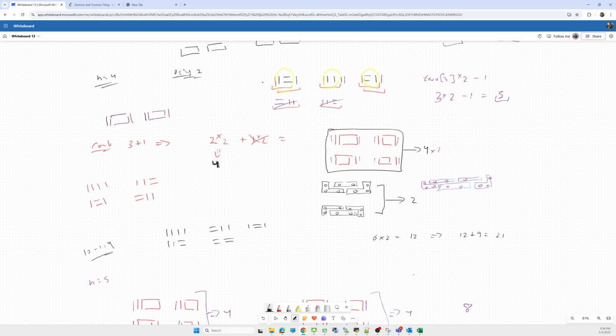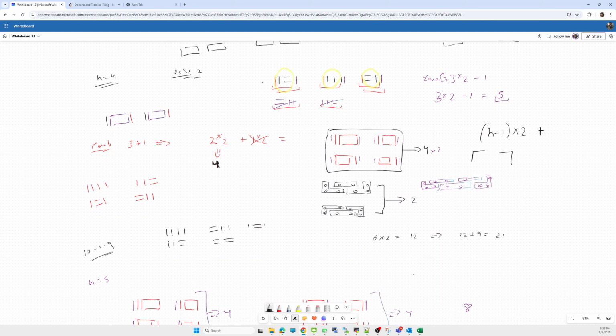So the combinations for n minus 1, times 2, and to that we have to add the number of combinations formed using the three domino tiles, using 3 domino tiles, either this one or this one.